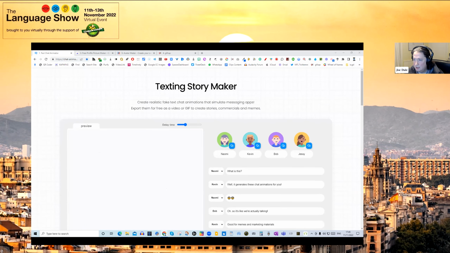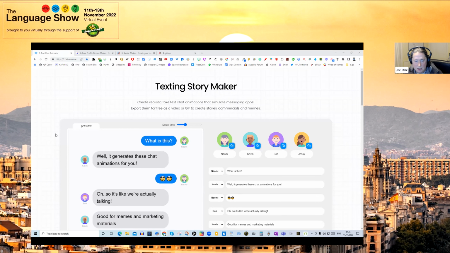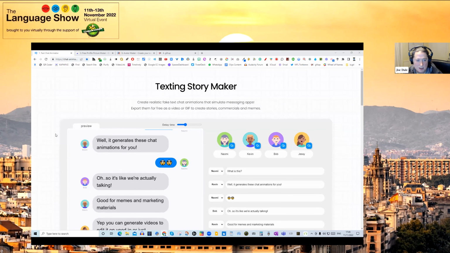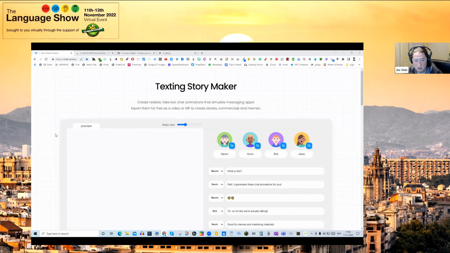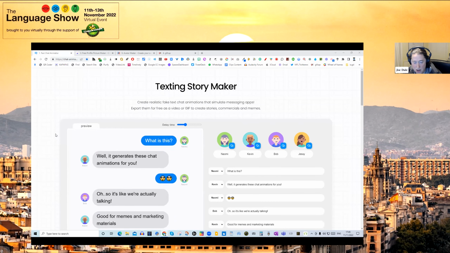But basically what it allows you to do, as you can probably see, is generate a dialogue. So obviously with language learning, this is a great way of the teacher producing a dialogue as a model, which could be used, say, for reading comprehension.